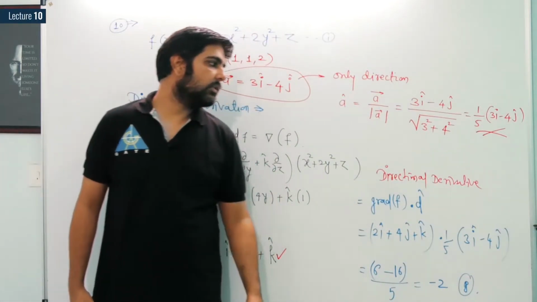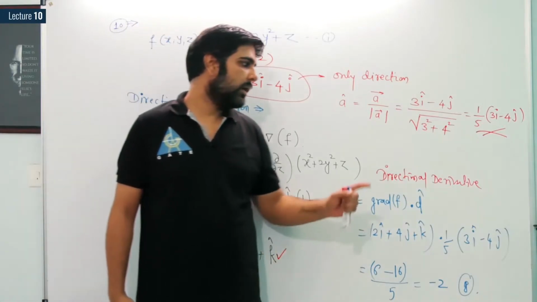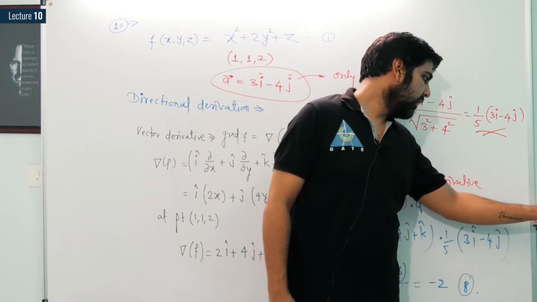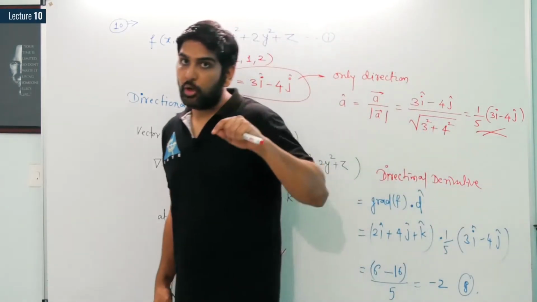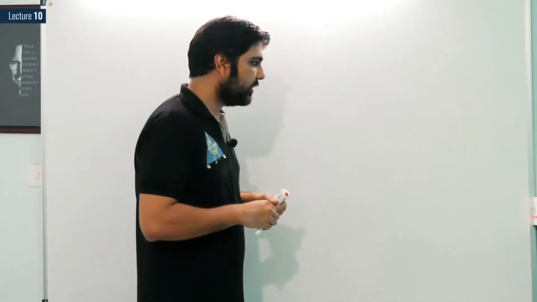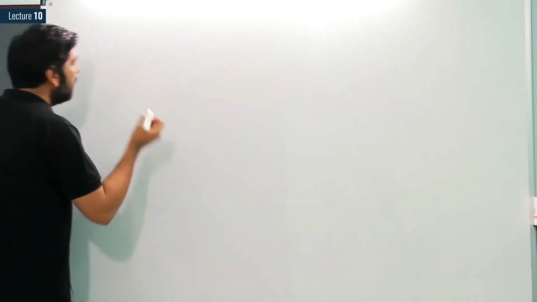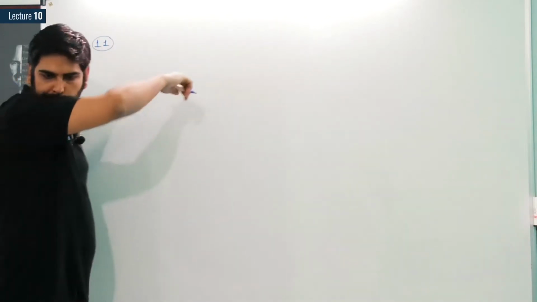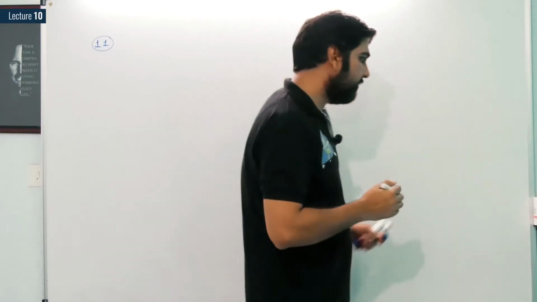So let us have another question. I am wiping the board. Let us have another question. Question number 11, dear students. It is a really good question for directional derivative. Then I will give you the question to solve, right? So question number 11, see carefully here. So yes, dear students, let us have the next question. That is question number 11 for you. Again, it's a good question of directional derivative.